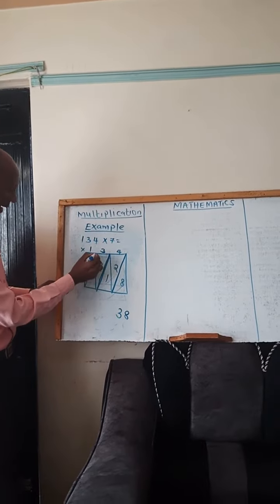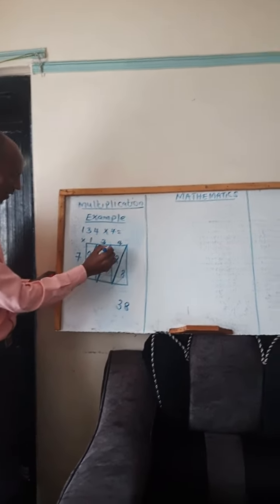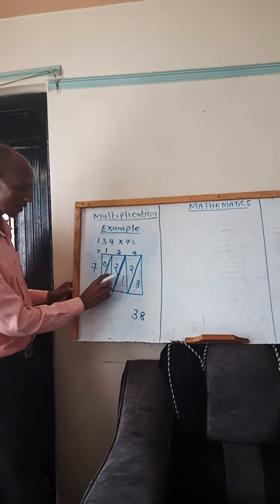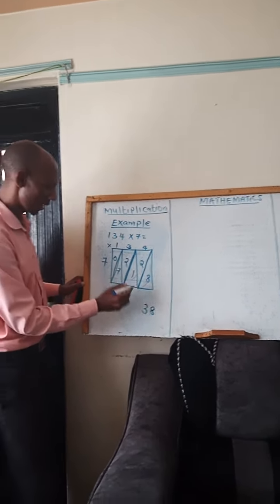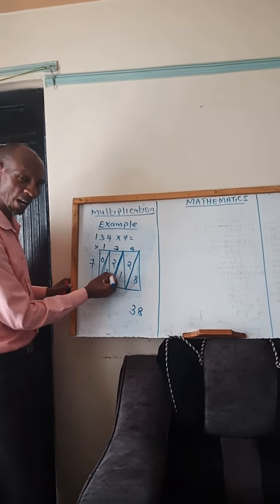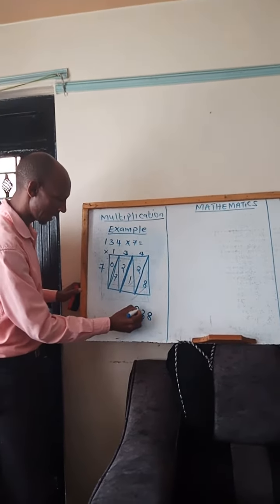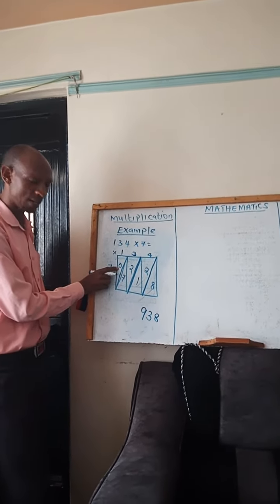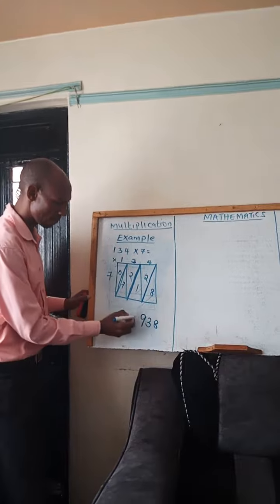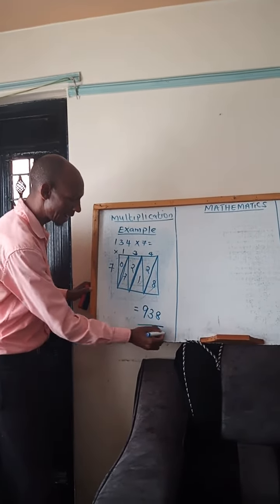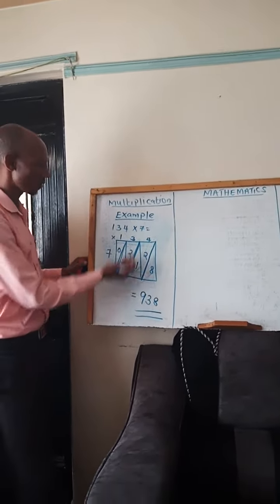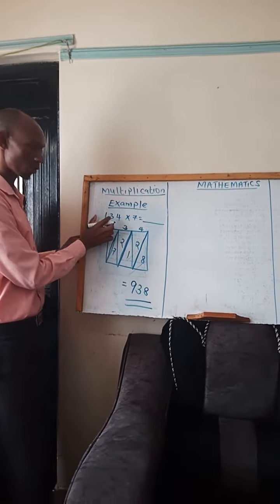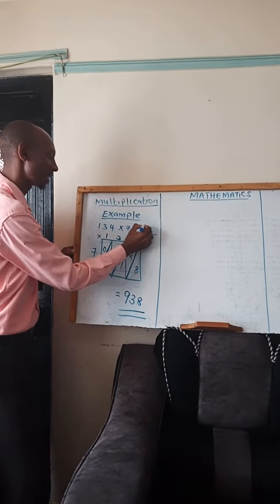And the other diagonal, that diagonal is this one. And therefore, you're supposed to take the 2 numbers and add them up. In this case, 7 you add to 2, you are supposed to get 9. And since the last number here is 0, there is no need of writing 0. And therefore, our answer becomes 938. And therefore, you can proceed and write your answer where the question was stated, and the answer becomes